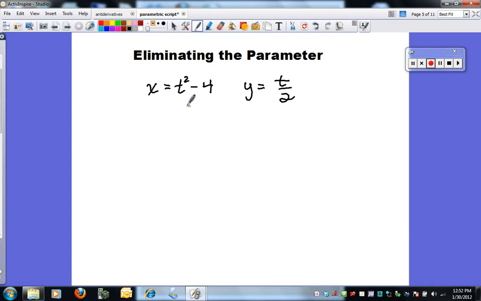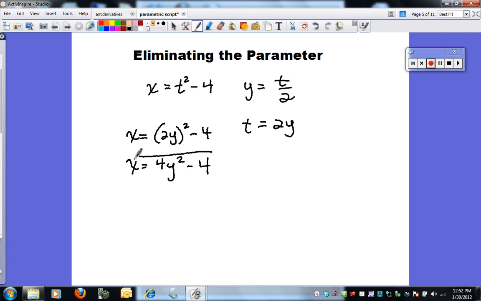Easy steps. We have our parametric equations. We want to solve for t in one of the equations. So let's pick the easier one to solve for t. We'll do right here. So we're going to solve for t. Then we're going to substitute this into the other equation. So you'll see already, now this is our 2y, so we're going to say 2y squared minus 4. And when we simplify that,